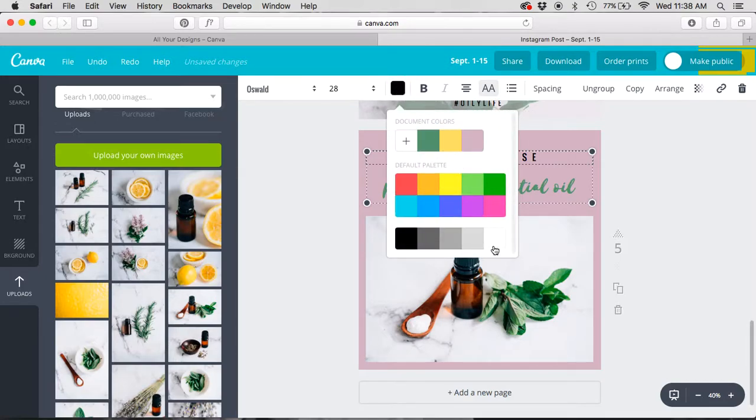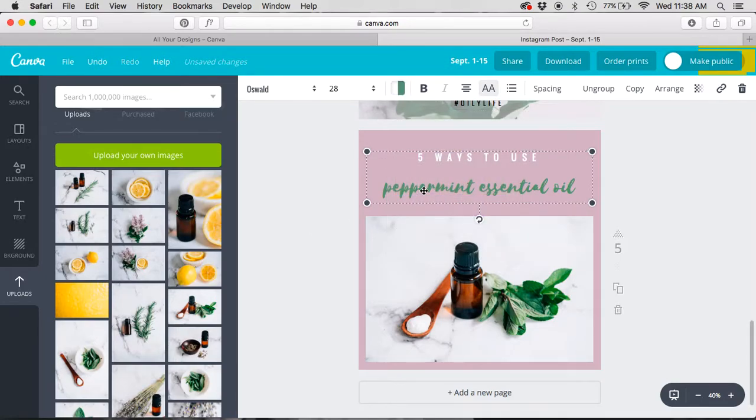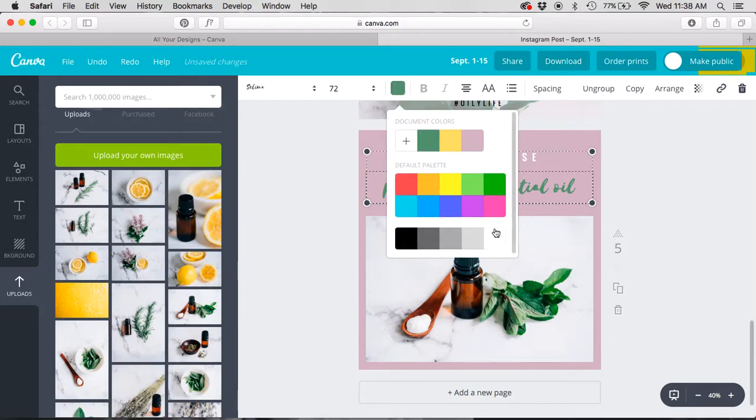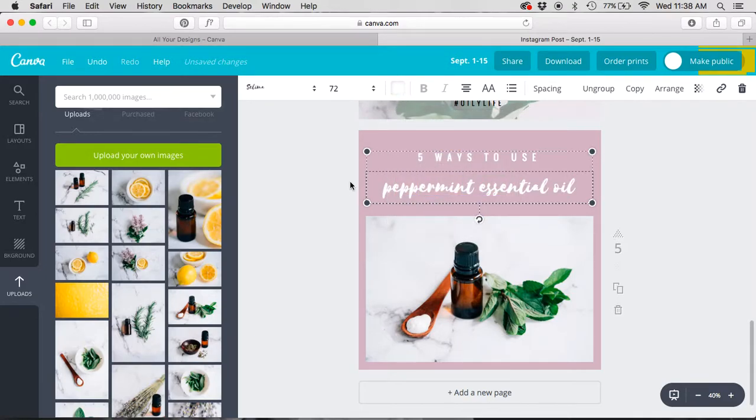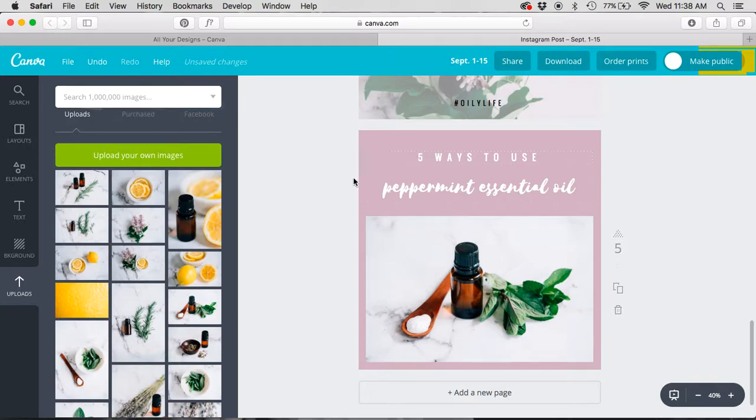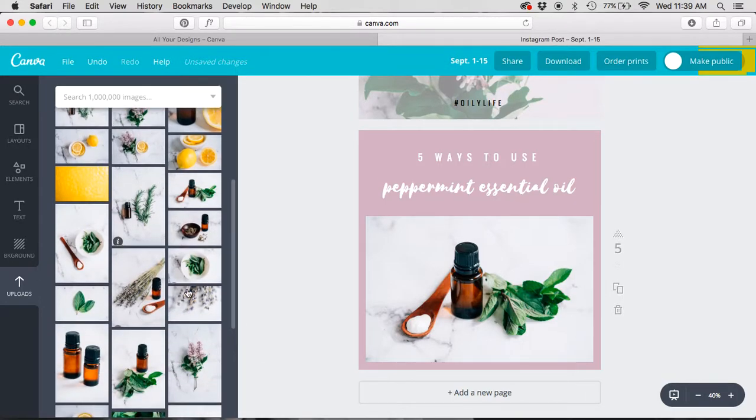So we're going to change it back to white. And we're going to change this to white as well. And instead of saying 5 ways to use peppermint essential oil, let's change it to 5 ways. Actually, let's change it completely and we'll say,